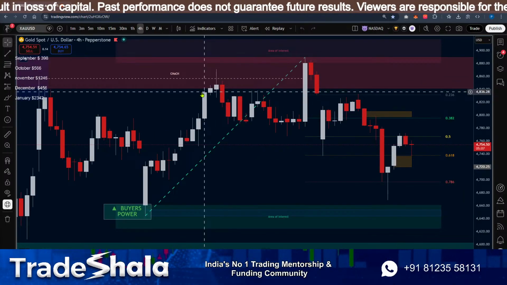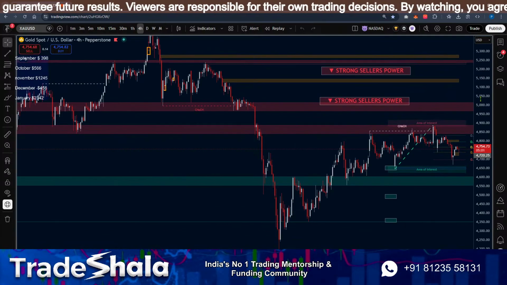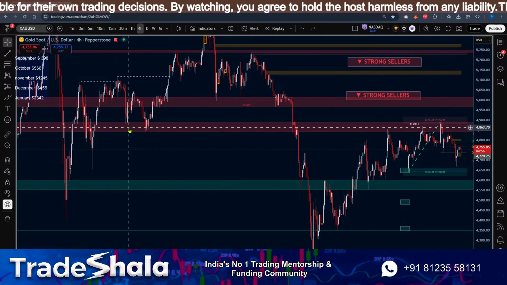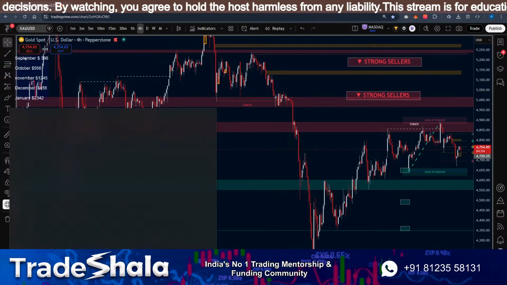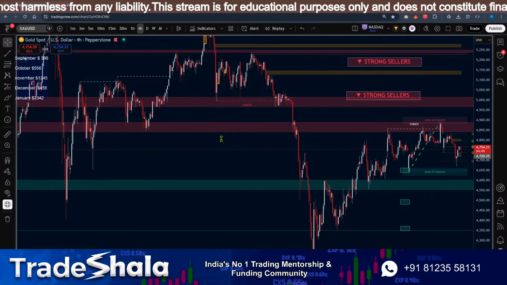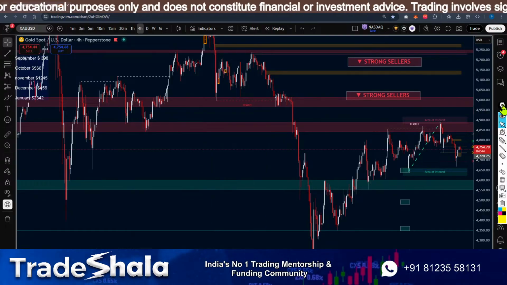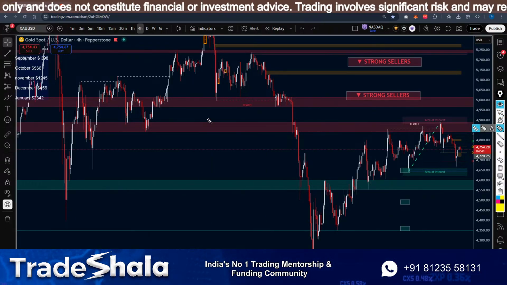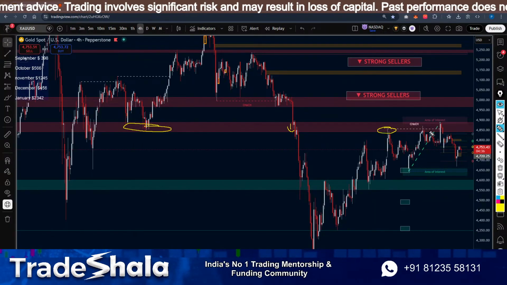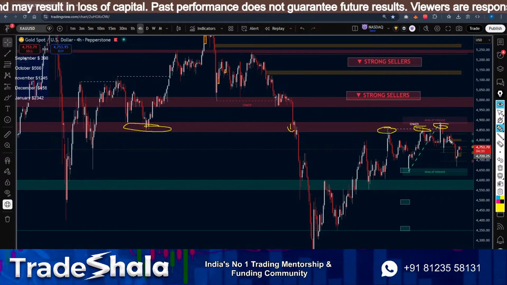The first thing I'm seeing here for gold is we are at this major resistance level. This is support. I'll load the pen once again. As you can see here, we have multiple levels. This is acting as support. We broke this, and now this is acting as resistance, and resistance as well. Okay, this is the scenario right now.